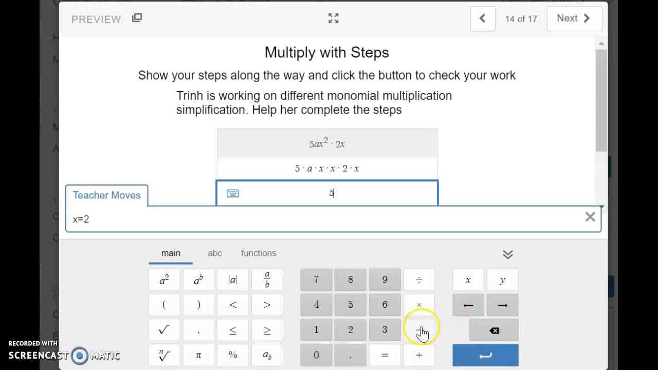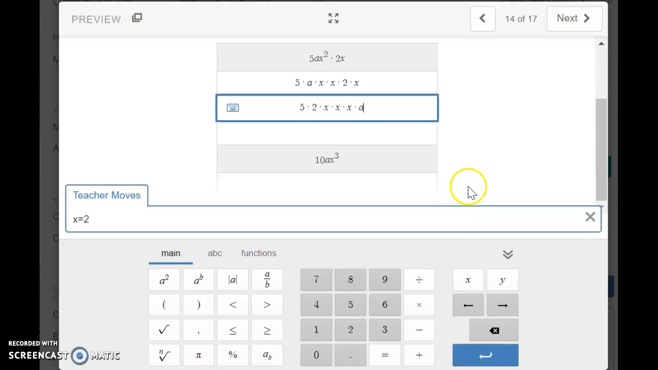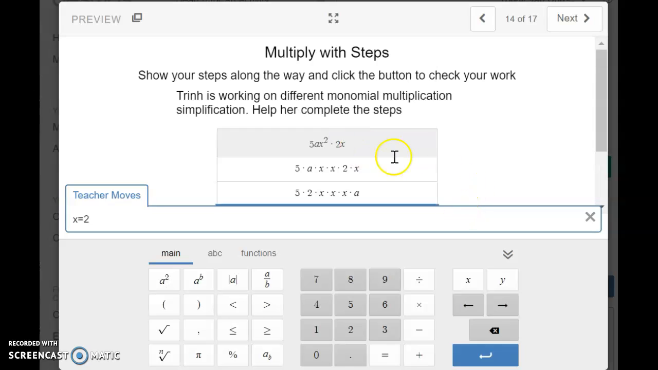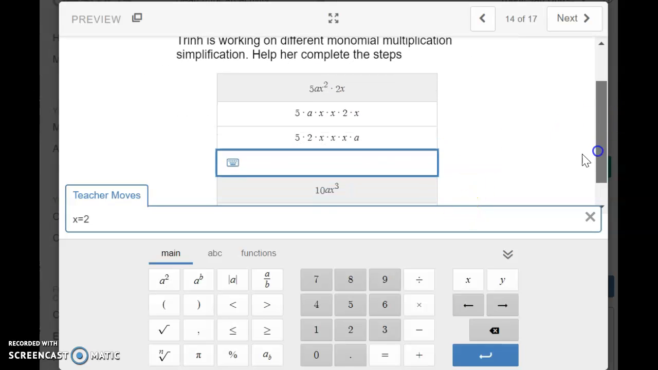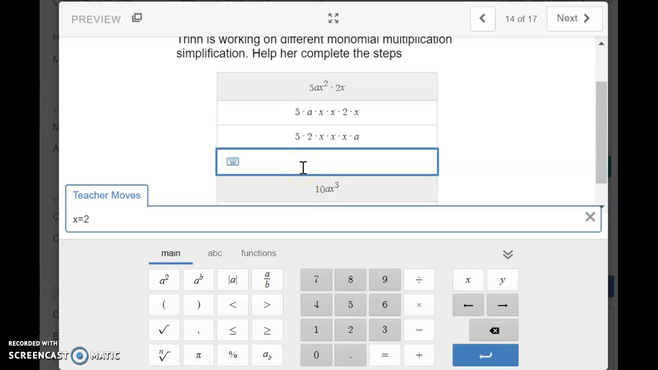5 multiplied by 2, multiplied by, okay, 5 and 2 I've taken care of. X, I have 3 x's. So x multiplied by x, multiplied by x, and then to that I still need to multiply by a. Okay, so this simplifies to 5 times 2 is 10,